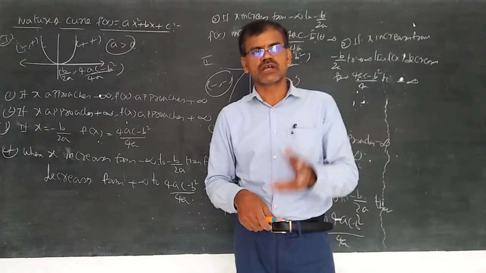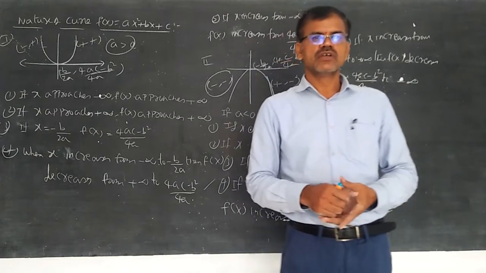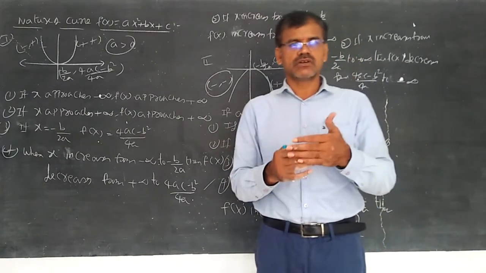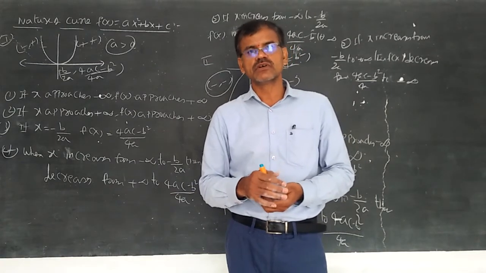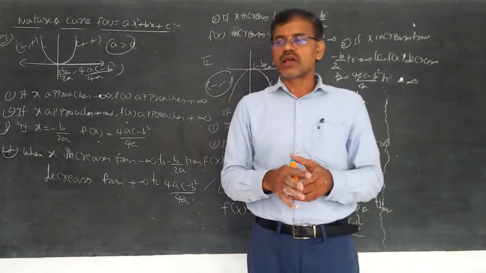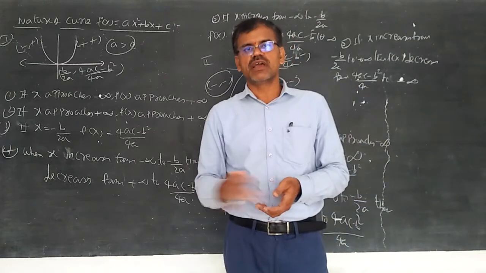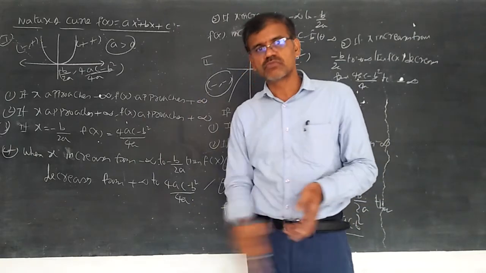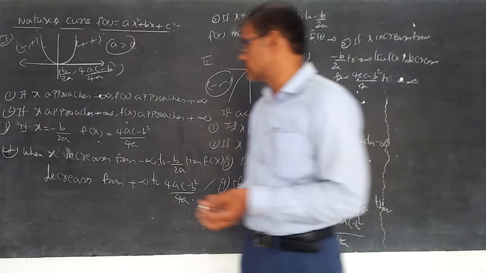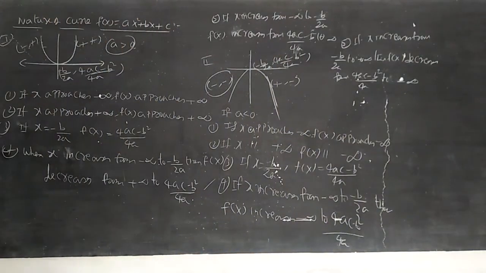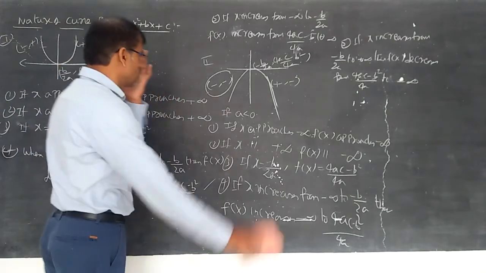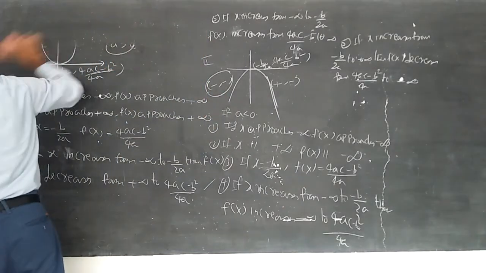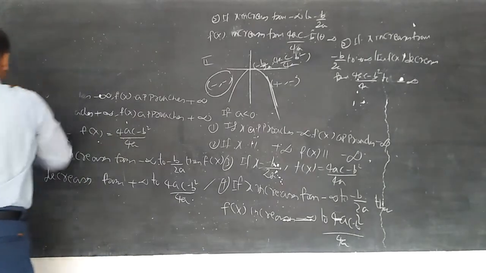There are characteristics such as delta 1 plus delta 2 equal to 0, delta 1 plus delta 2 greater than 0, less than 0, less than or equal to 0, greater than or equal to 0, like that. So many characteristics are there in objective. To get the values in objective in an easy way, except this one, this is not at all needed for IPE students. I said the basic concept just for objective only. Try to understand, otherwise ask me later, no problem. Now let us try to discuss the sums.